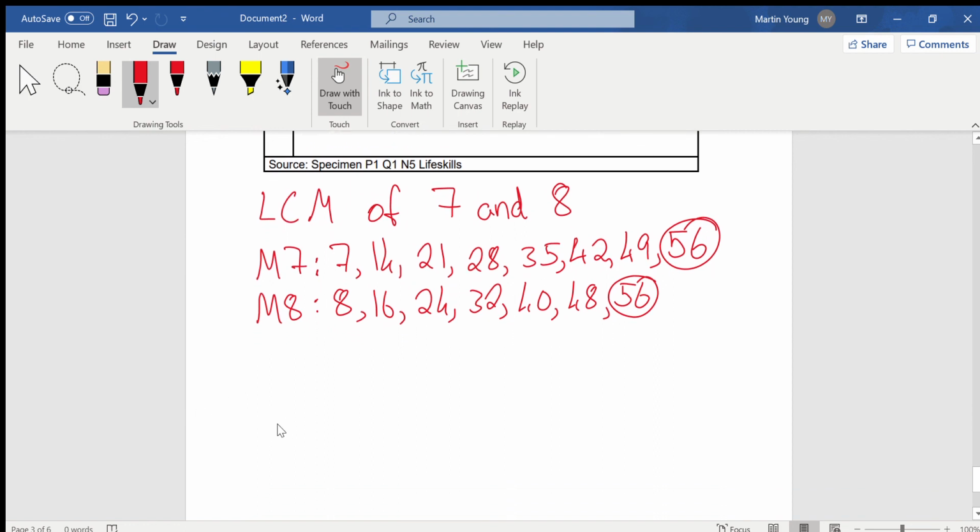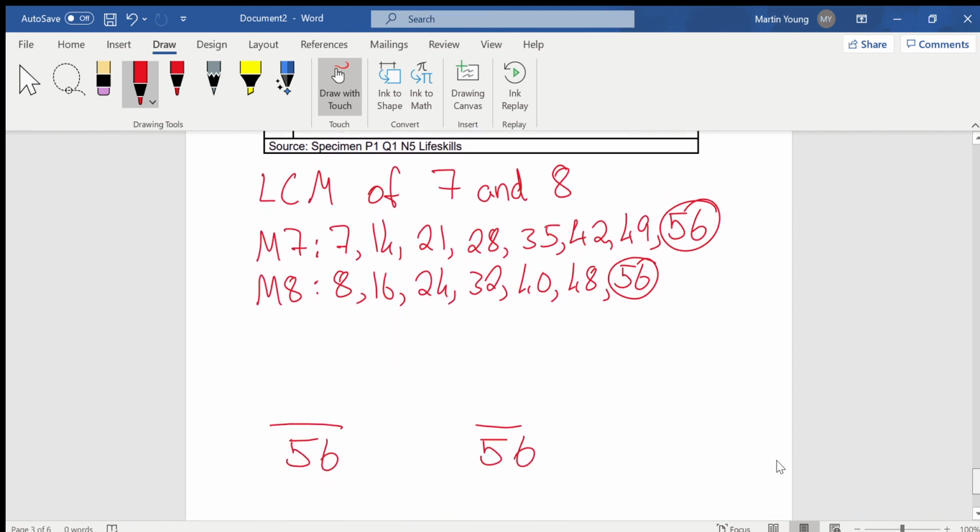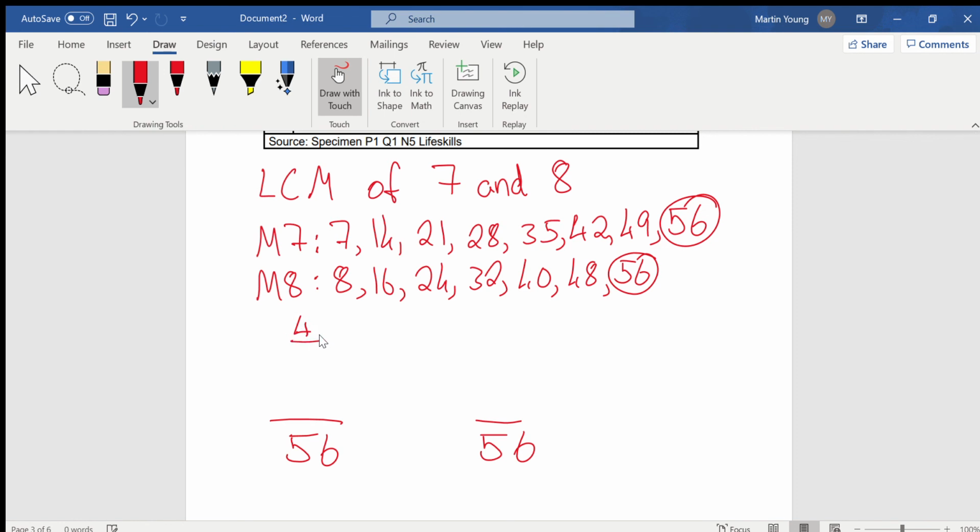But I'm just going to turn them into fractions over 56. So we started off with 4 over 7 and 5 over 8, and we have gone to this. What have I done to 7 to turn it into 56? Well, I've times by 8, so I'd have to do the same to the top. So that's going to be 32. What have I done to 8 to turn it into 56? I've multiplied it by 7, so I'd have to do the same to the top. So it's 35. So this one here is the most data,